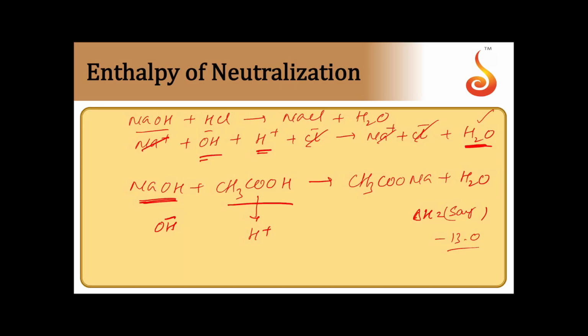So when a strong base and a weak acid are involved, there are two steps. Step 1 is the formation of 1 mole of H plus from the weaker acid, which involves absorption of energy, and then the formation of 1 mole of water from H plus and OH minus, which liberates energy. Therefore, the net value will always be less than 13.7 because it involves formation of H plus from a weaker acid, which is an endothermic process. Therefore, in such a case, we can give the heat of neutralization as